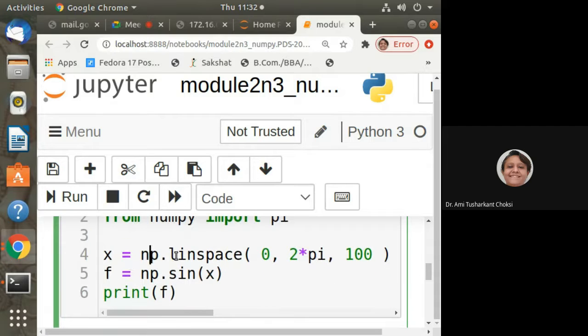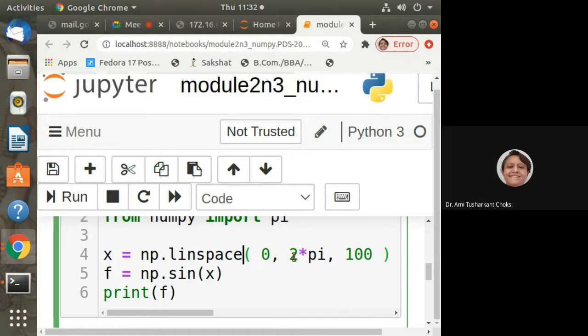Now say np dot linspace. Why is this useful? What for? Evenly spaced numbers. Start and stop we are always providing, isn't it? So for that we are using linspace.